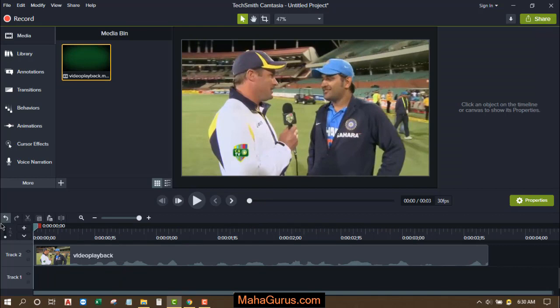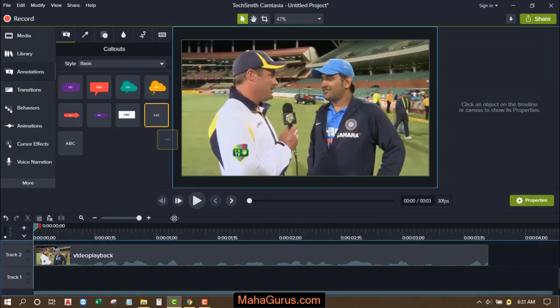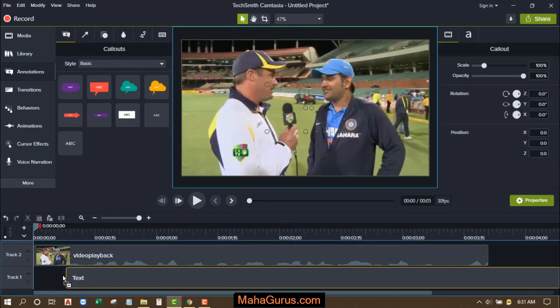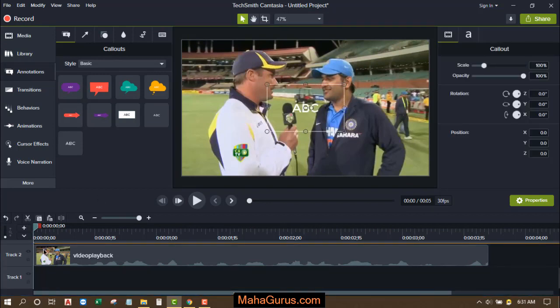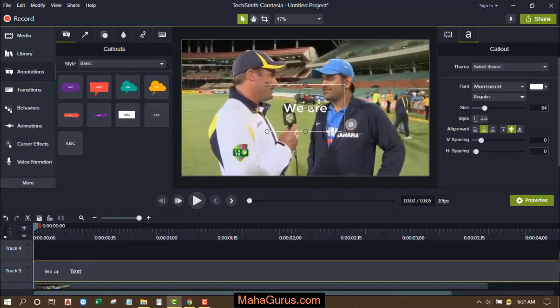Okay, so to add the captions, we have to click on this annotations. Then we have to select and drag and drop it here. Now let's write something. We are not allowed to have